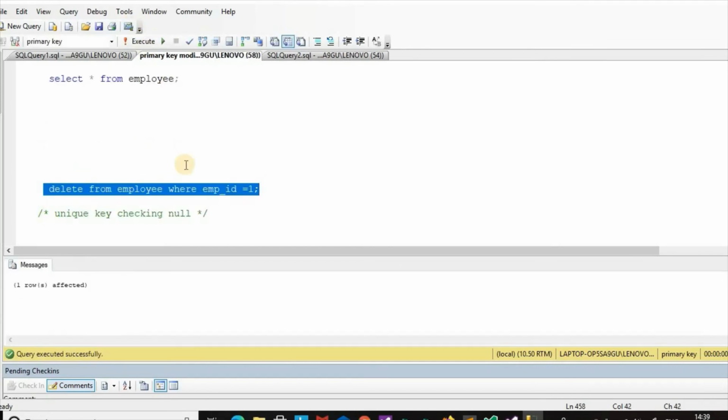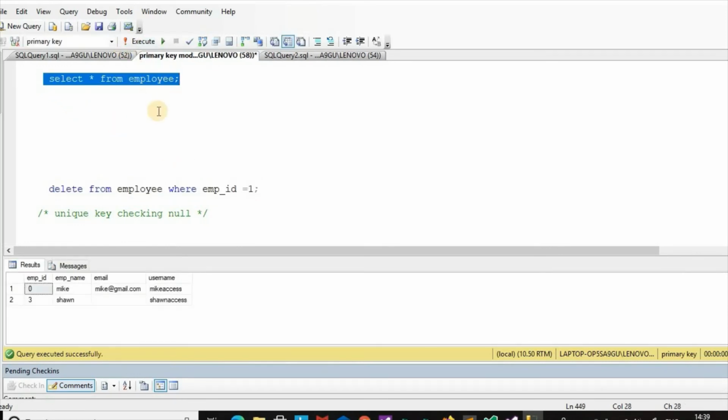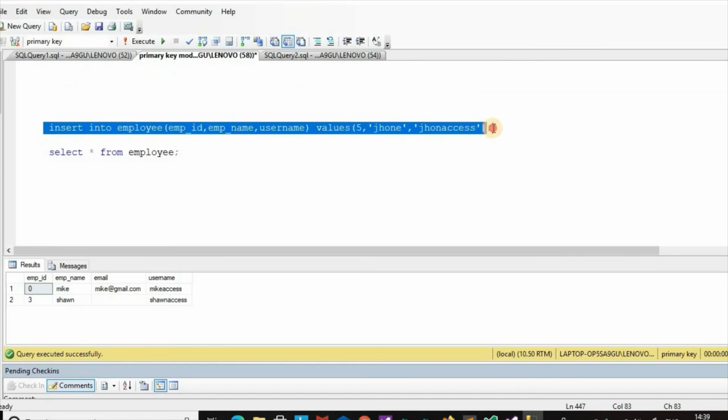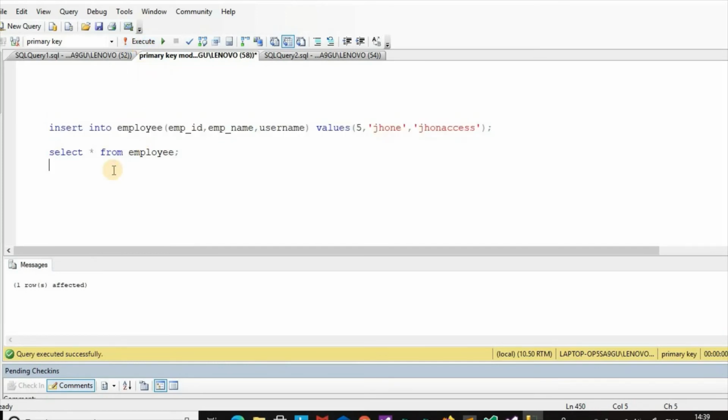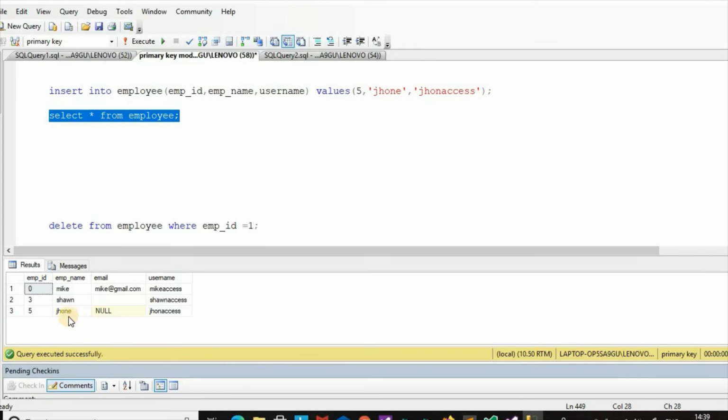Delete from emp: one row deleted. Select star from emp. If we delete that record, now this record is added.